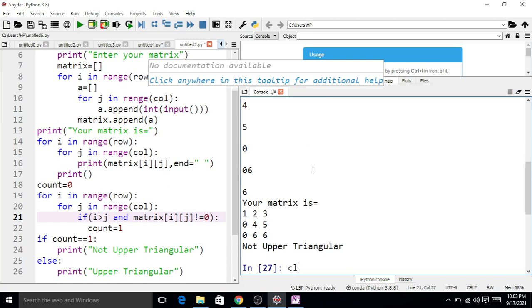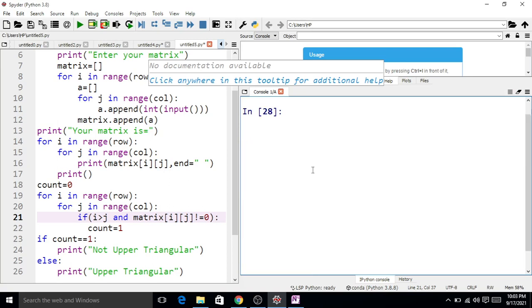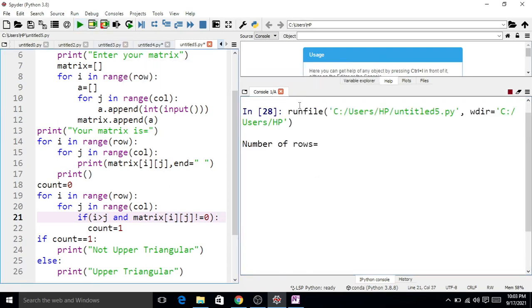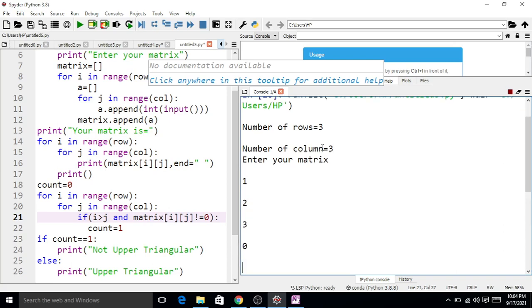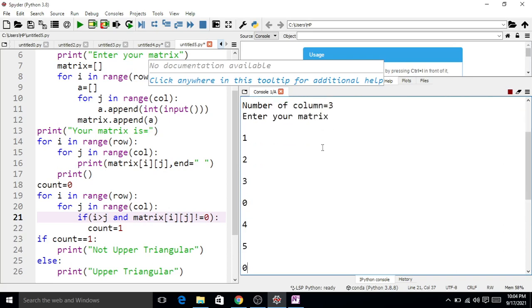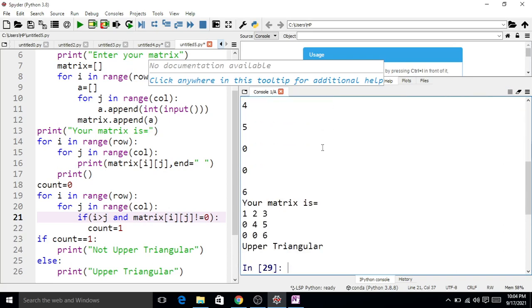One more time, if we run this code, say number of rows 3, number of columns 3, enter your matrix 1 2 3 0 4 5 0 0 6. Now you can see that the given matrix is an upper triangular matrix.